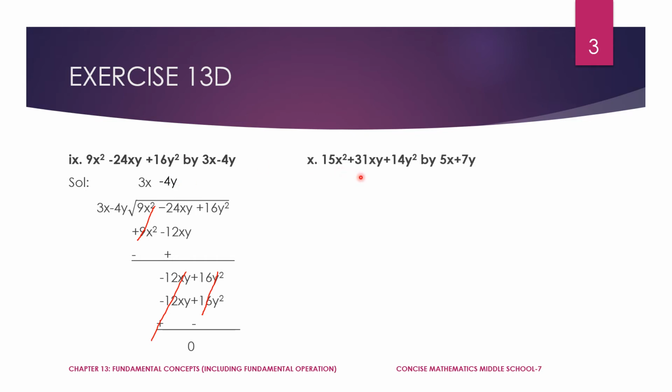15x square plus 31xy plus 14y square divided by 5x plus 7y. Here, even here, you need to make this 15. 15x is multiplied with what to get 15x square? This is the question. 15x should be multiplied with something to get 15x square. What is that number? Okay, to make it 15, this 5 into, 5 3s is 15, right? So you can write 3 over here, x is already here, x into x becomes x square. So 3x, you can place 3x over here, and 3x is multiplied to both these terms and written over here. Now just change the sign,